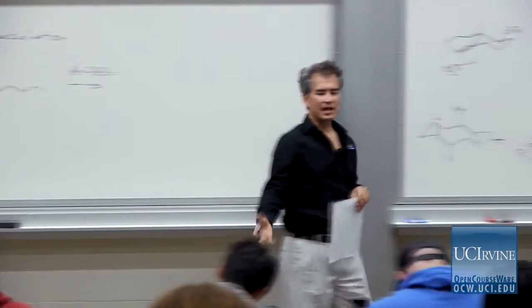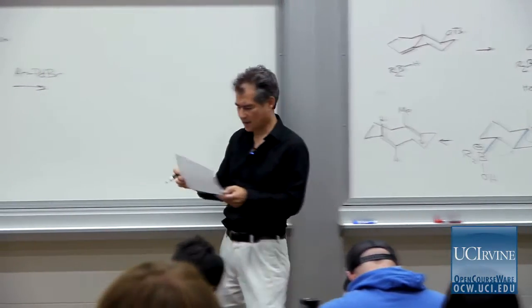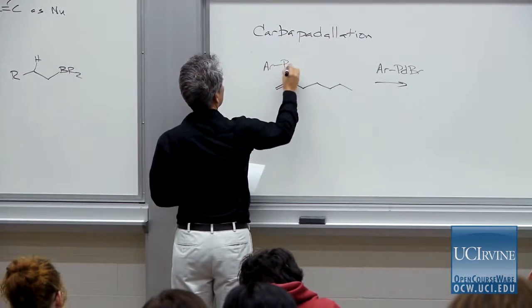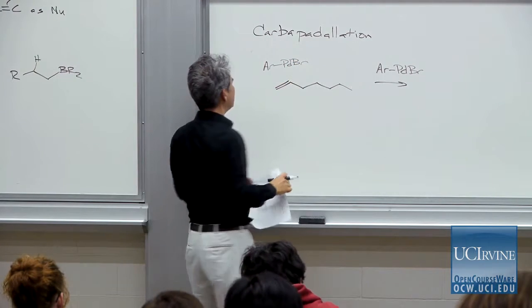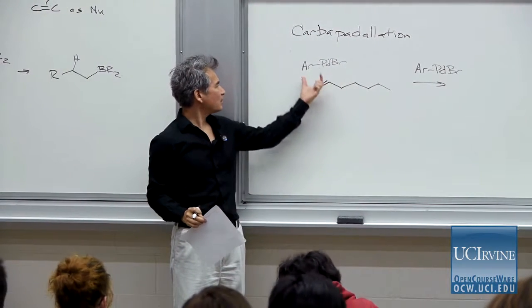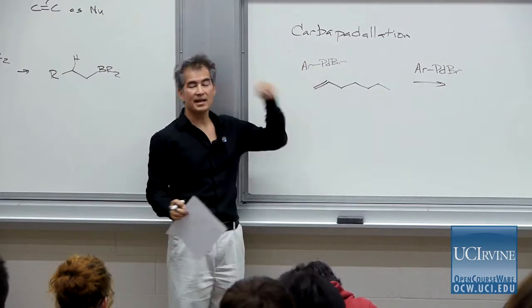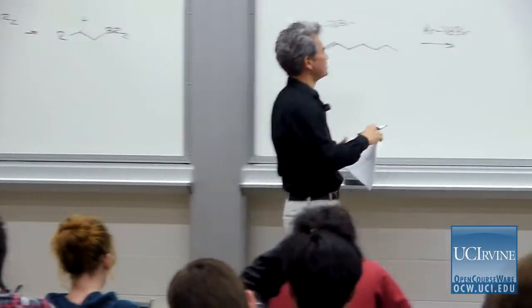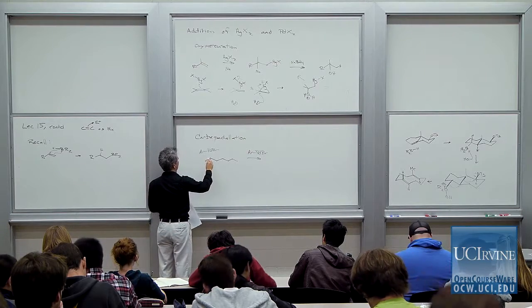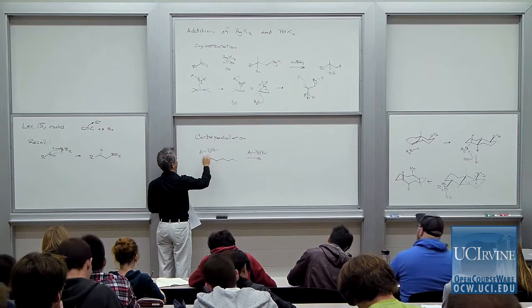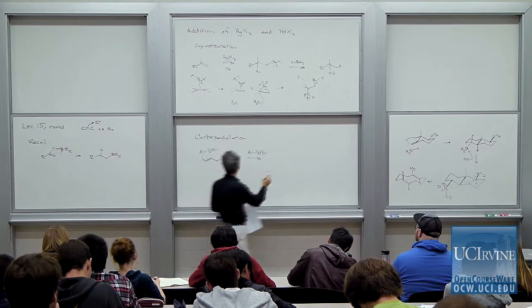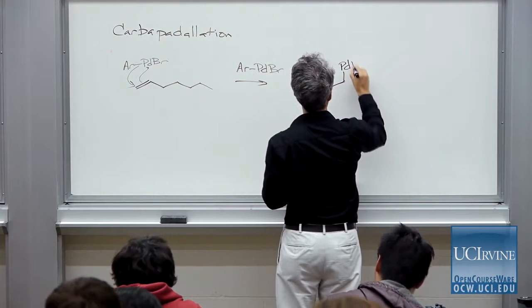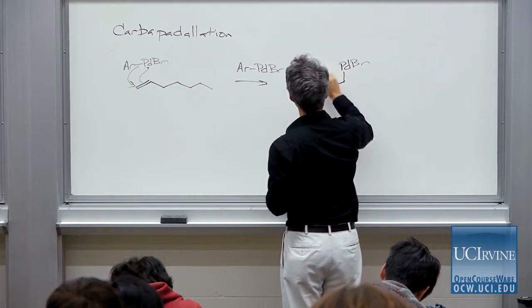So you can imagine palladium coordinating to one of the pi bases of that olefin. When it does, you can then get carbopalladation across the face of the olefin, where one of the nucleophiles, in this case the aryl group attached to the palladium, gets delivered from the same face. And so I'm not going to draw the pi complex, I'm just going to draw the arrow pushing like this. And so this process of carbopalladation will deliver from the same face both the palladium and the nucleophilic R group,